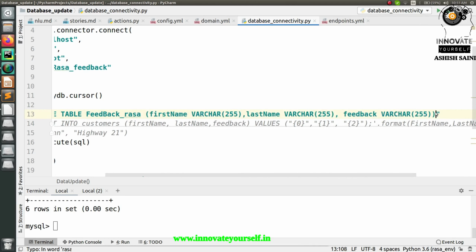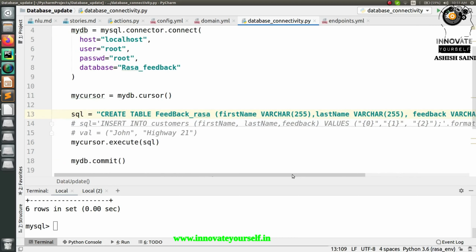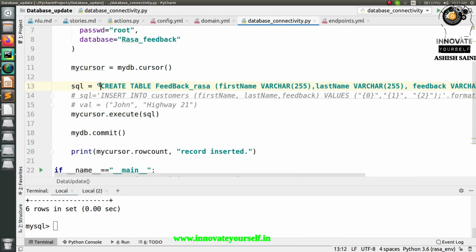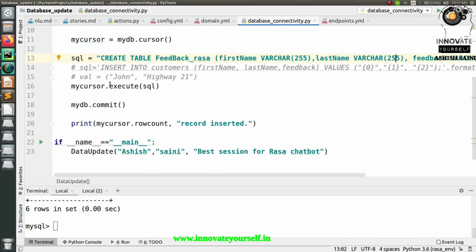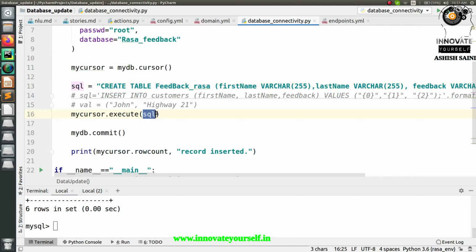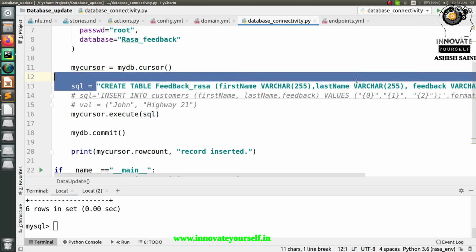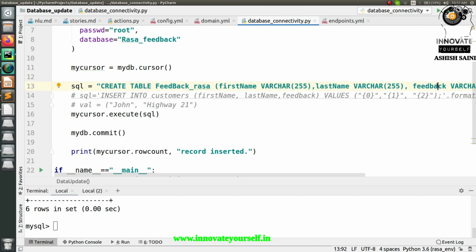And at the end just write this semicolon, because we are going to use MySQL right now, and there semicolons are actually used, right? So this is not Python. So this is how we can do it, right? So I have written this command, and now as per that you can see I am writing this mycursor.execute. So with respect to this, I am passing this query which I have saved inside this variable SQL. So what this will do is this will execute this query which I have written here to create a table, right? So this is how it will create that.